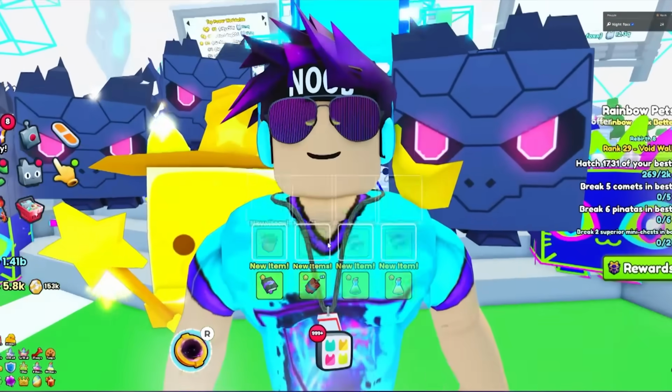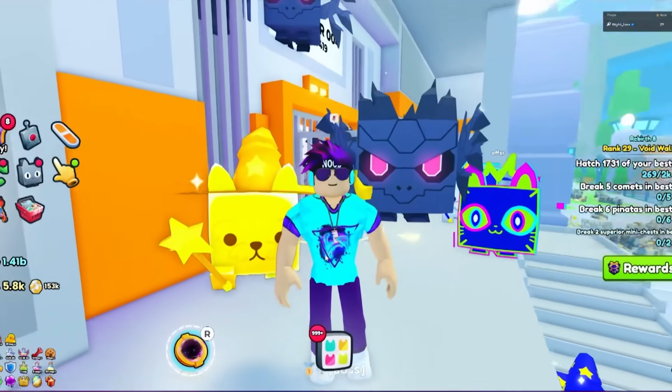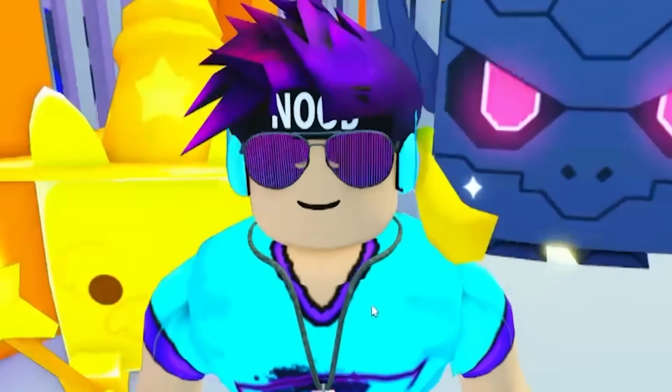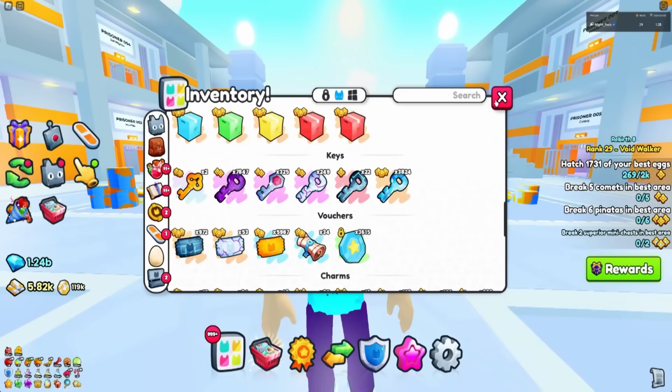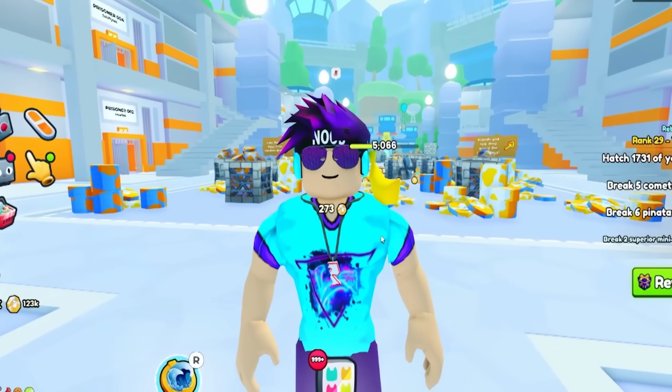But I want to do the gel keys first. We'll fire ourselves over to the prison block, and we'll just start unlocking. Yeah, this part's still gonna take a little bit. Now you can probably go make a sandwich. Oh, would you look at that? I'm done. And before I show you what I got with the 3,000 keys that I had, let me just